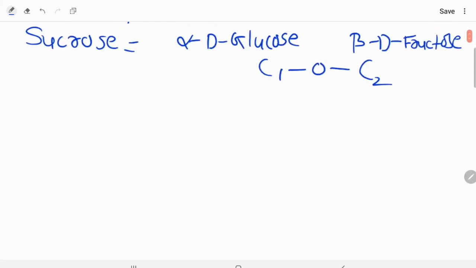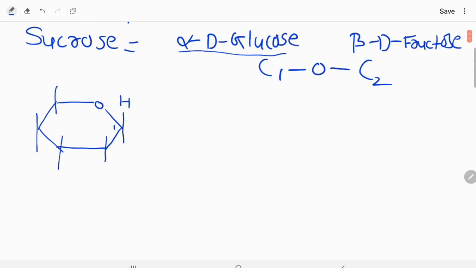draw the particular structure of alpha D glucose. So let's plot the alpha D glucose first of all. It's a very important thing. As you know, alpha D glucose is a 6-member ring that we have already discussed in a previous session. Okay, now one oxygen here. Okay, this is a 6-member ring, and there will be one H. It's carbon number 1, carbon number 2, carbon number 3, carbon number 4, carbon number 5. Okay, and here it's a CH2OH, which is carbon number 6.